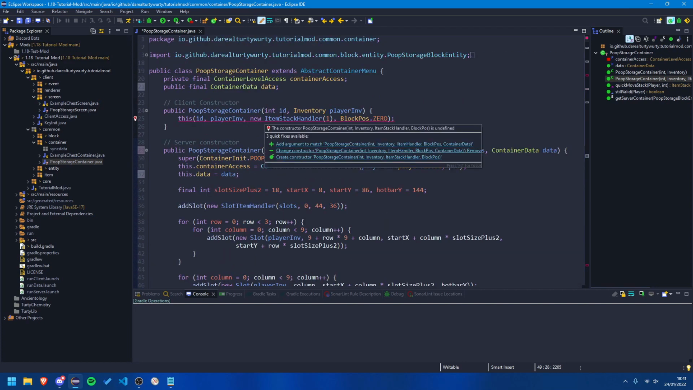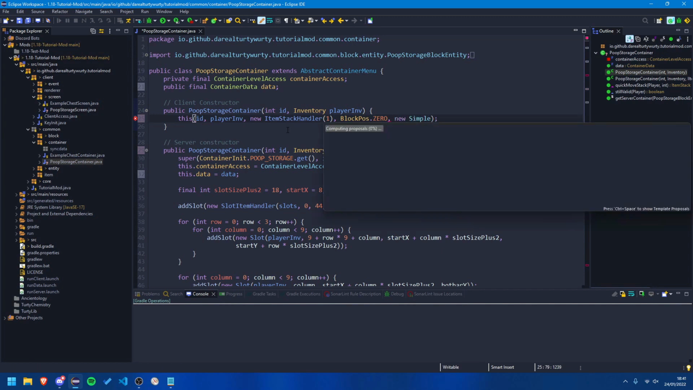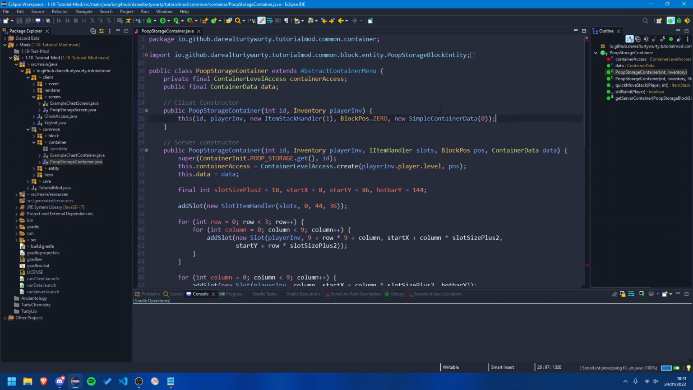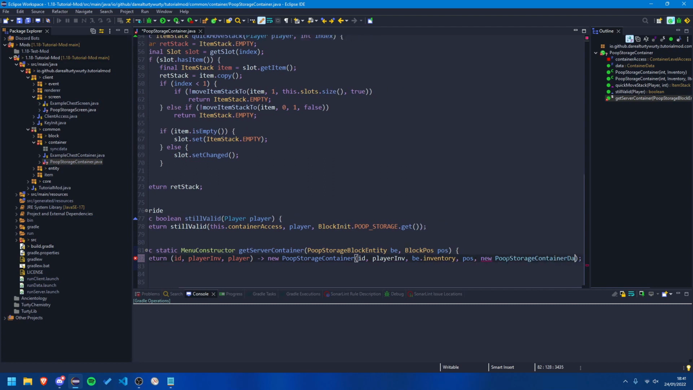Now inside of our client constructor we need to pass in a data slot, and essentially that is going to be a new SimpleContainerData. So that's basically just going to be an empty piece of data storage. And finally, let's come down into our menu constructing method, and we're going to put in here a new poop storage container data,